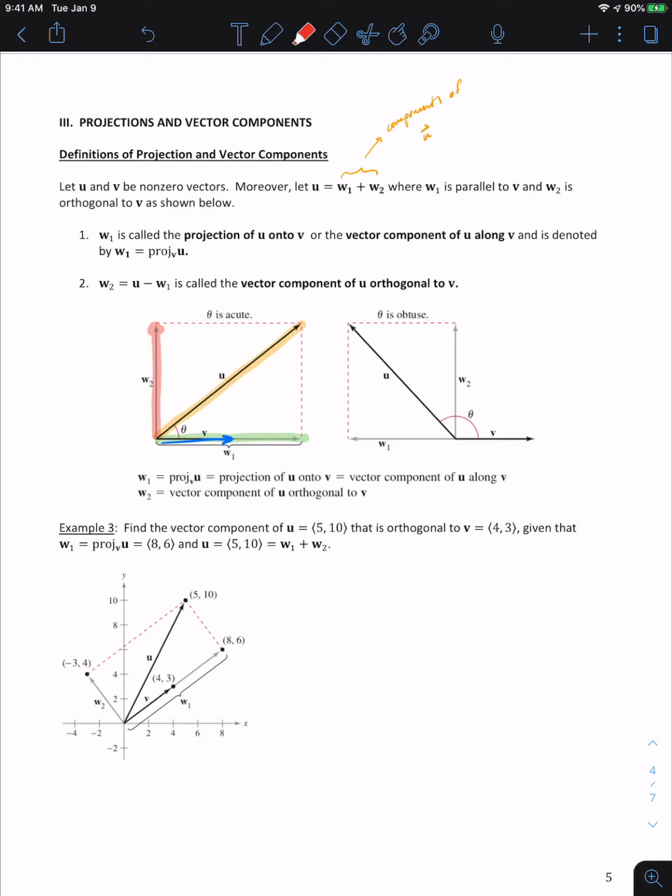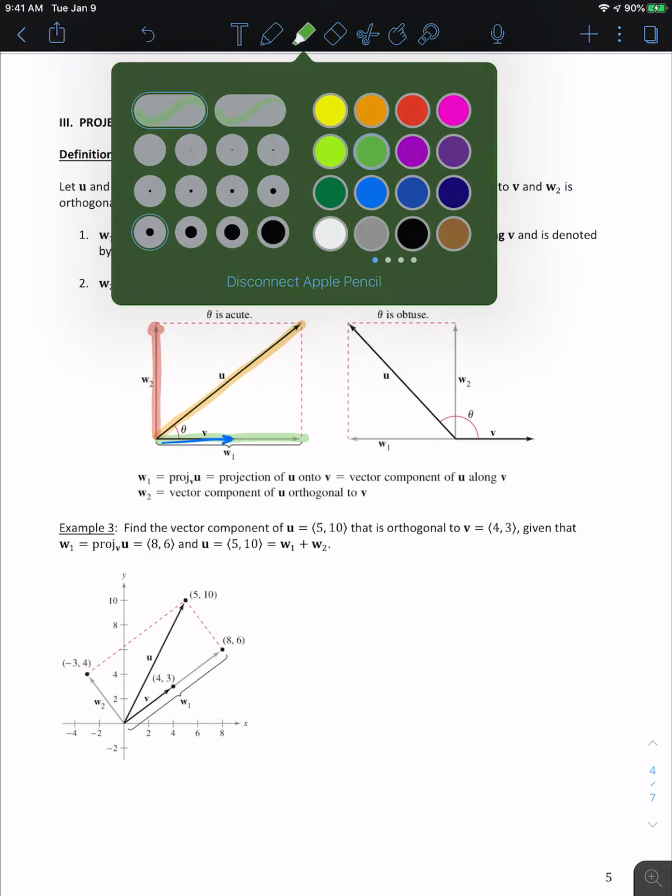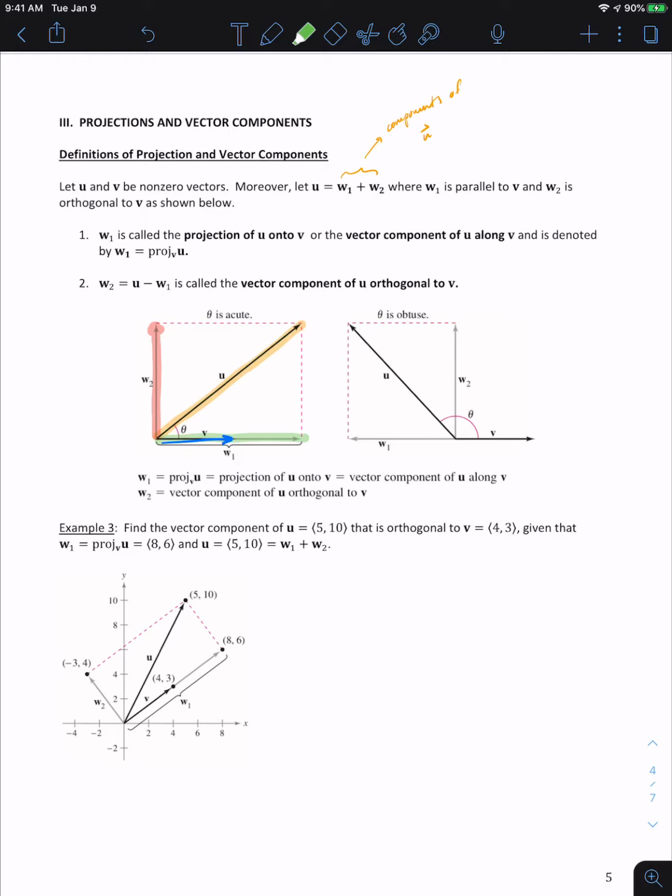And so W1, the one that is parallel, is going to be called the projection of U onto V, or the vector component of U along V, and is denoted by this projection notation, projection of U onto V. The little subscript there means onto V. So W1, which is the projection of U onto V, is